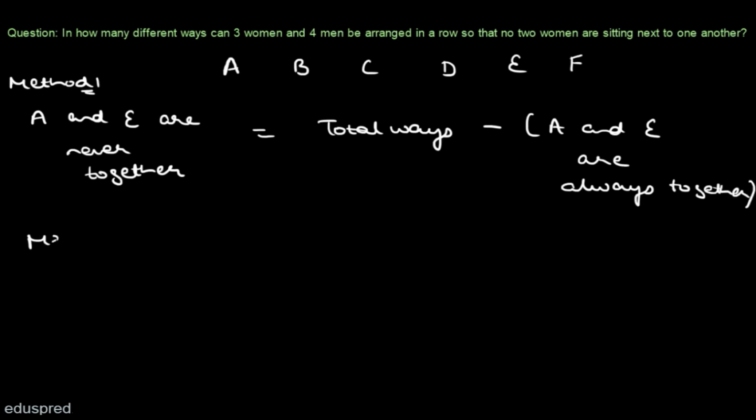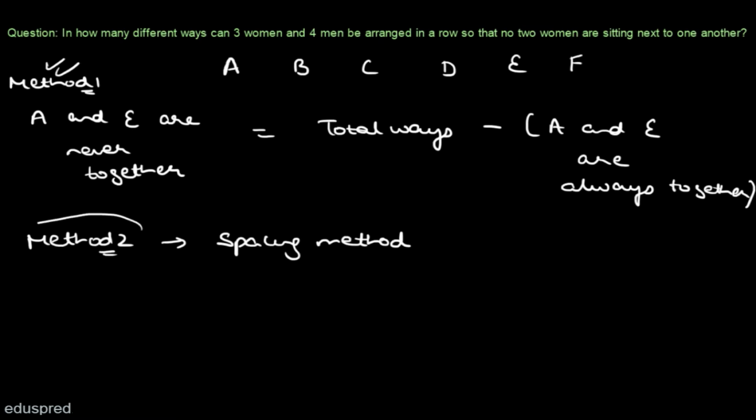And the method number 2 was the spacing method. So method 2 was the spacing method in which I created many spaces, and first I filled the letters on which there was no condition, and then I filled the letters on which there was condition. And I'm sure while I was solving that question, you must have liked method 1 more than method 2, because method number 2 seemed a bit complicated at that time. So this was a quick review of what we did earlier. Now let's get started with this question.